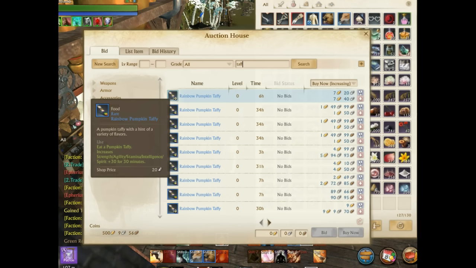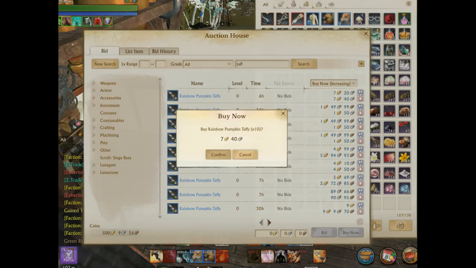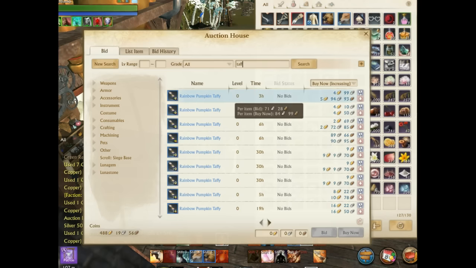They've dropped pretty commonly out in this candy events, and you can see here we are in North America server here, Morpheus, and they're at 74 silver each. So we're going to go ahead and buy a whole bunch of these guys up. There's not actually too many left on the auction house as I've been stockpiling some of these guys, and I know probably some other people have also jumped on this bandwagon as well,